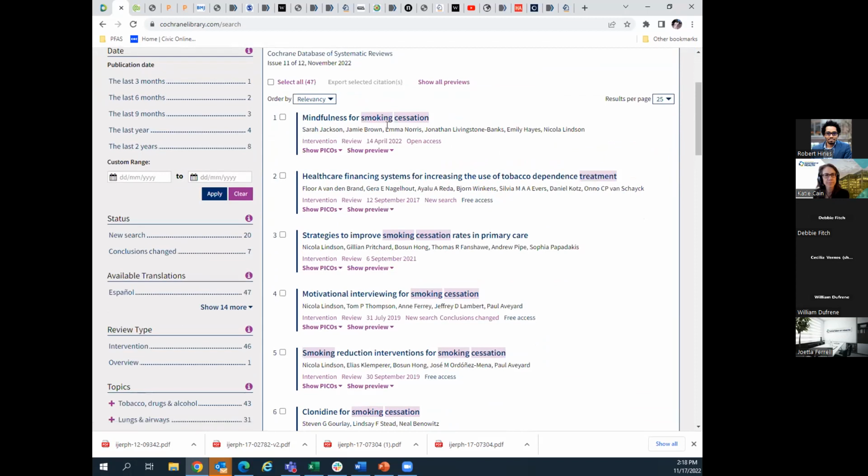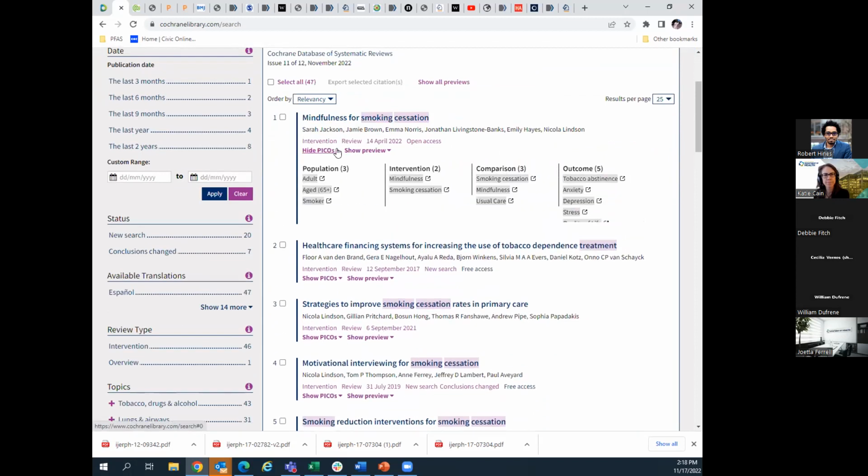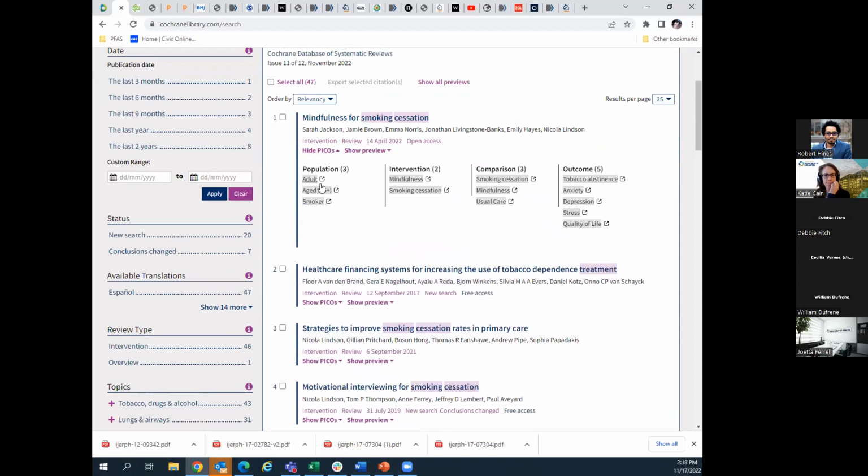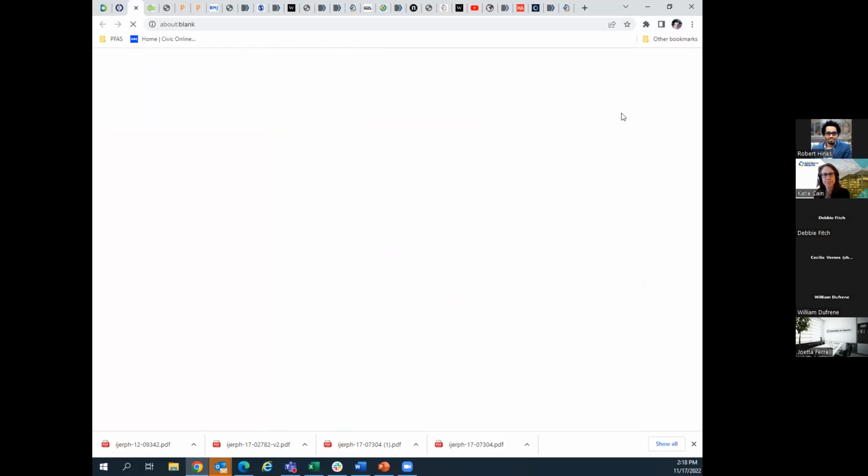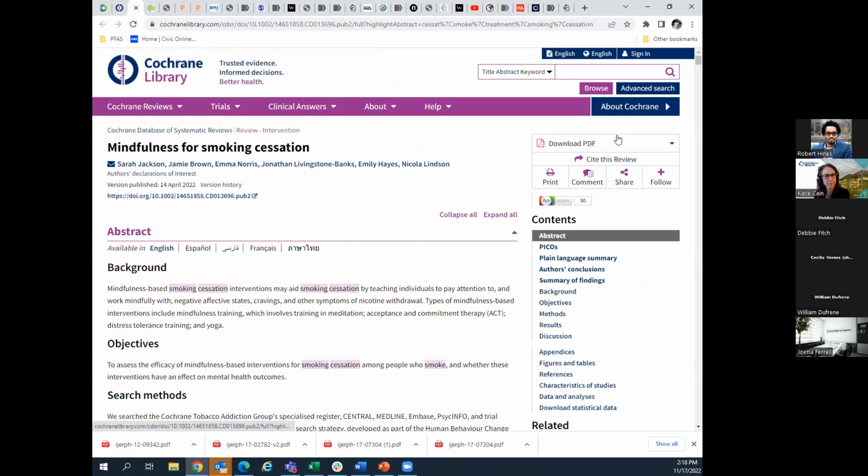And we've got a systematic review on mindfulness. What's nice about this is you can view the PICO. So if this is the population that you're interested in for the systematic review, 65 plus, smokers and adults, you're looking for mindfulness as an intervention, with tobacco abstinence as an outcome, as well as these other outcomes, this could be of interest. So let's say we're interested, we can click here on the citation, and then now,